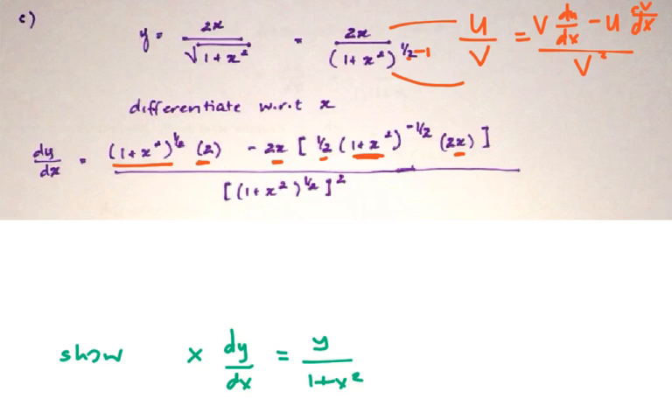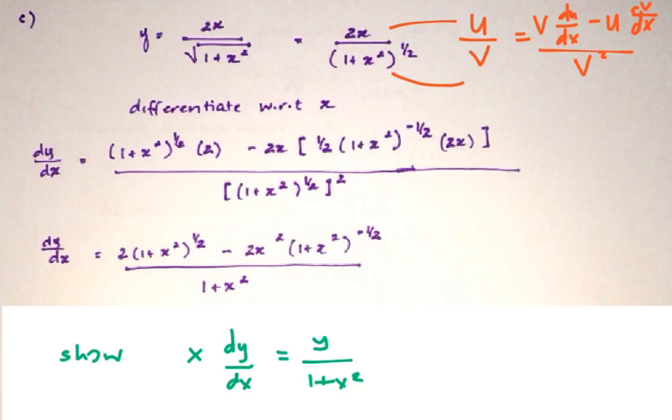Alright, so we've now done v du/dx minus u dv/dx, and then all of that is divided by our denominator, which is ((1 + x²)^(1/2))². So now we're going to simplify and neaten up. I've taken this 2 and I've just brought it to the front, so this becomes 2 times (1 + x²)^(1/2). And now we're looking at what's in between here,